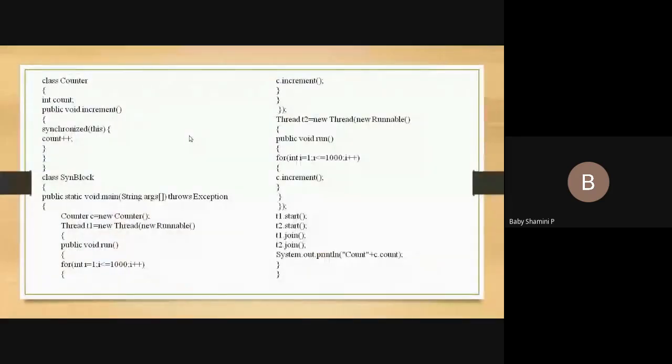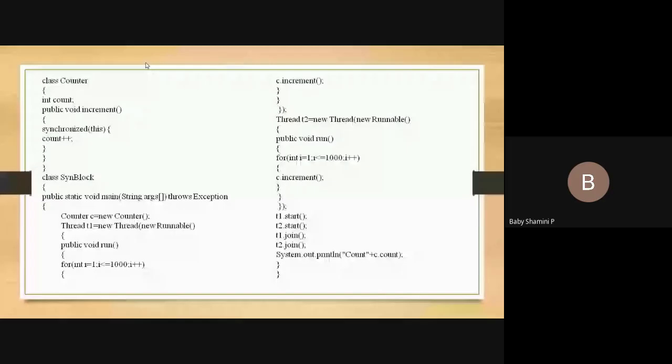Okay, so this is the synchronized block concept. If you have a particular line of code, we can block it using the synchronized keyword. If thread T1 accesses the particular block, no other thread can interfere with it. Once thread T1 completes its task, T2 starts executing the process. For that only, we are declaring this.